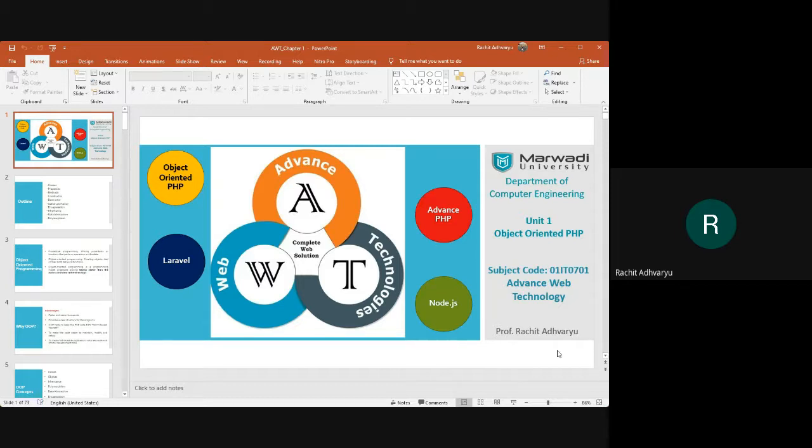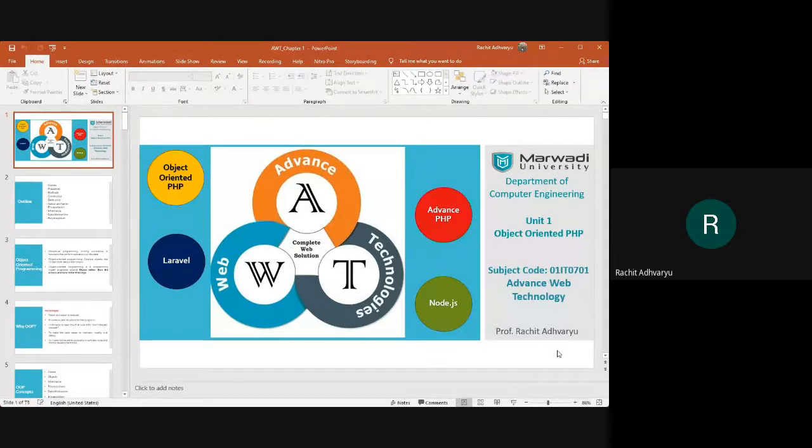Then we have different components of PHP, like control statements, exception handling, looping statements, and many more things, even the arrays and everything. So, guys, in the exception handling, do you know what is the meaning of final keyword?